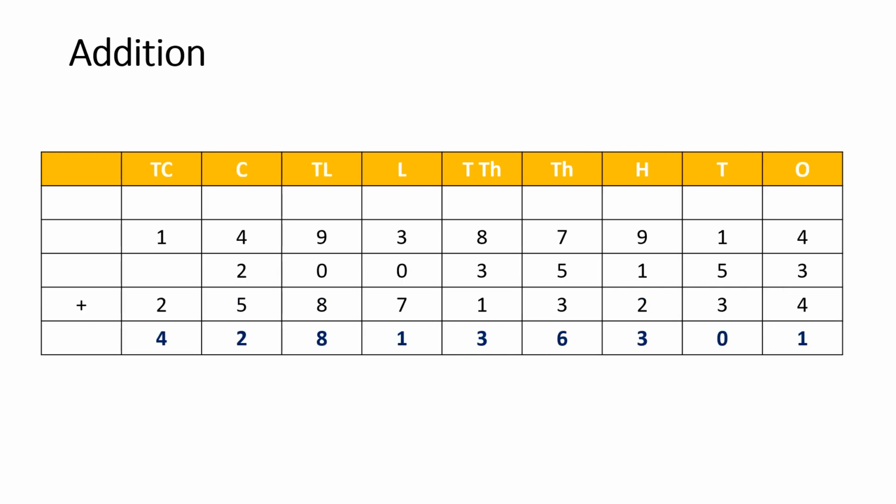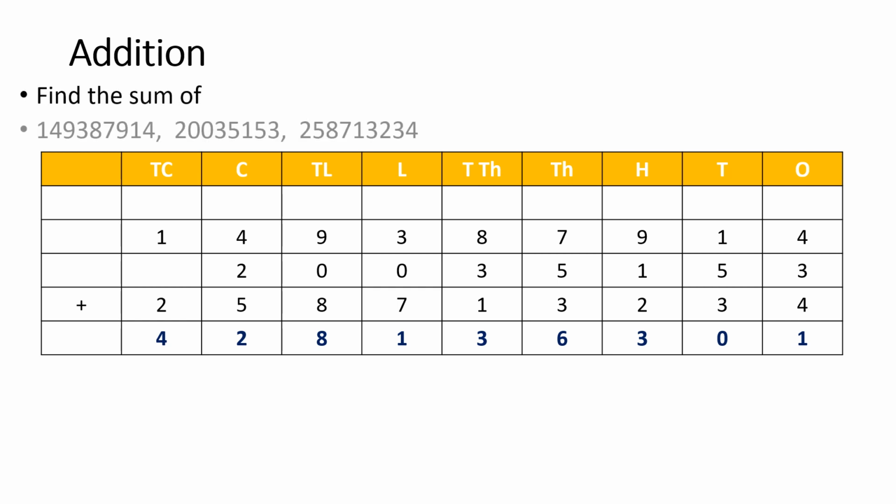Let us do one more question of addition. Find the sum of these numbers. Here are three large numbers. At first, I have written all these large numbers in this place value chart, and I always start from the ones place while writing a number. Then we will add. How? Just see here. 4 plus 3 plus 4. 4 plus 3 is 7, 7 plus 4 is 11. We will write 1 here and 1 as carry.